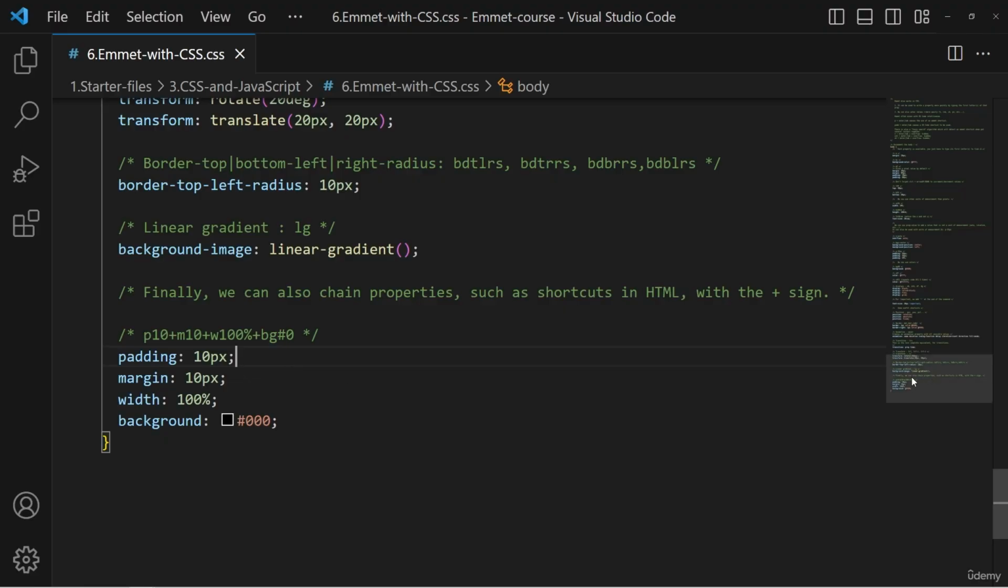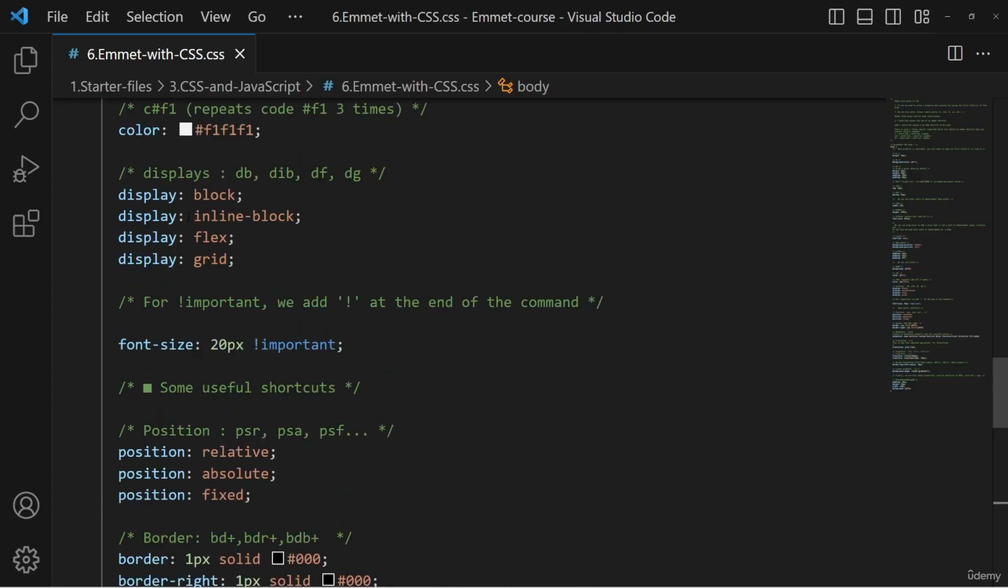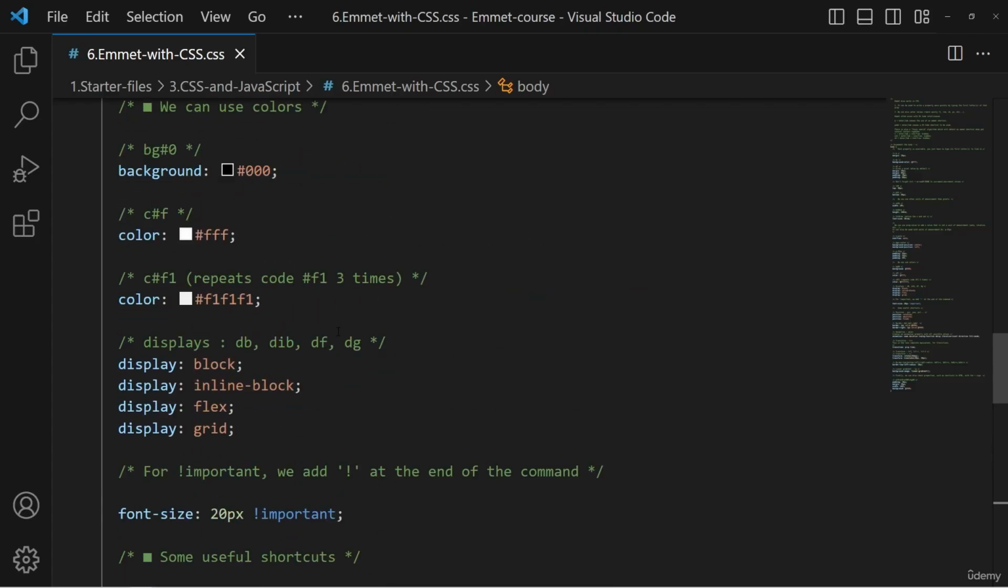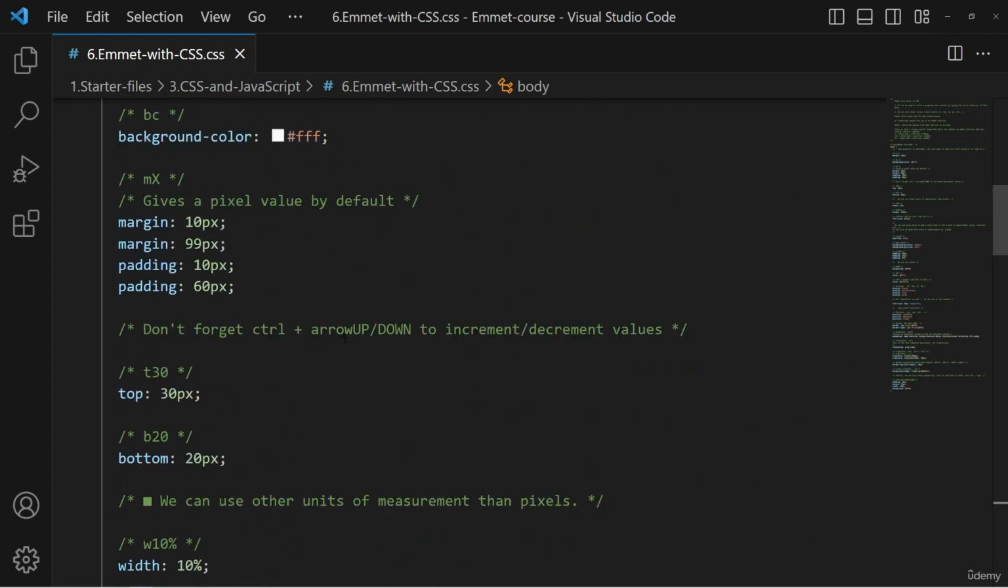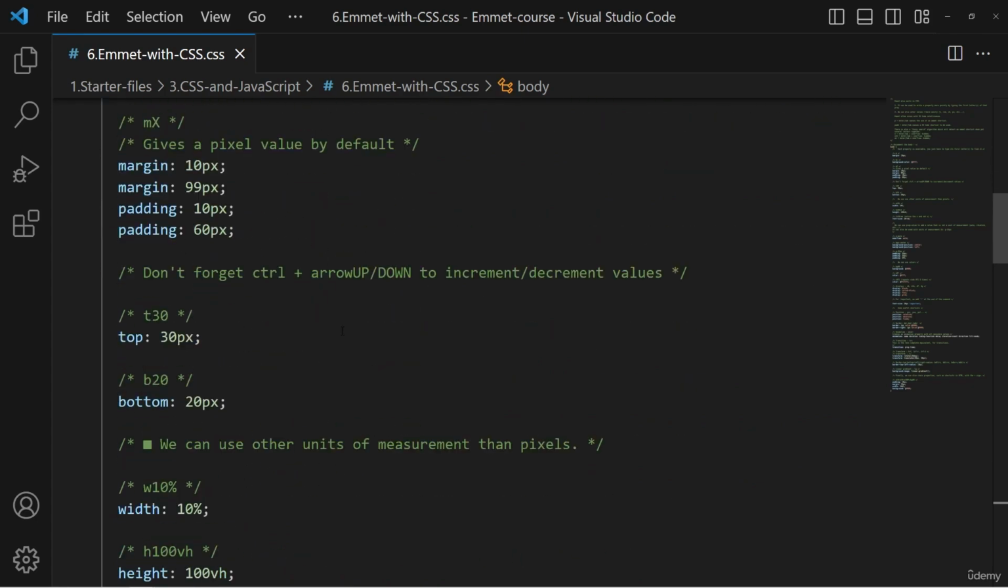All right, guys, so that's it for the CSS. It's just a way to write a property and value quicker, to write it faster, and it's kind of easy to use. So yeah, voilà. All right, see you in the next